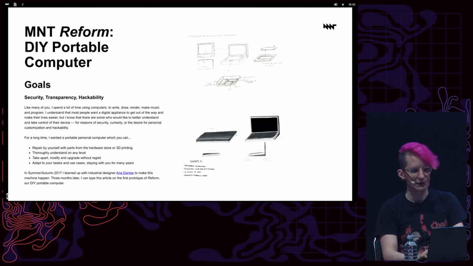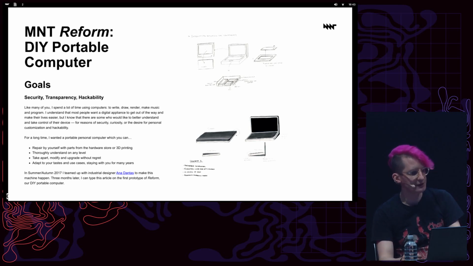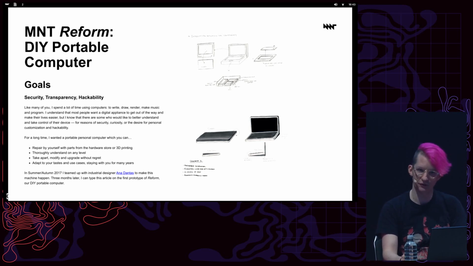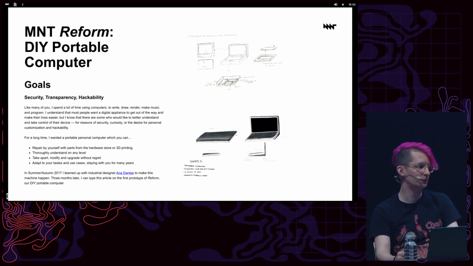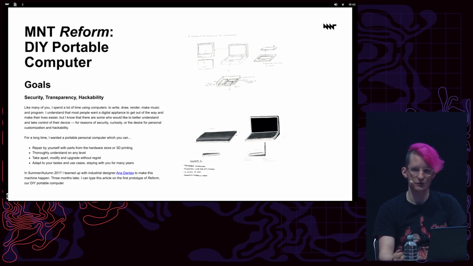The original Reform project started in 2017 when I was at a crossroads after being frustrated with Apple, after being frustrated with Microsoft before that. I had a Retina MacBook Pro from 2013, and after the happy times of Snow Leopard, it was getting obsoleted by Apple. Slowly, software updates could not be installed anymore. You were forced to upgrade the OS, and then the computer would suddenly be slower than before. So I installed Linux on that MacBook. There was a boot manager called rEFInd, and it allowed to dual boot OS X and Linux, in my case